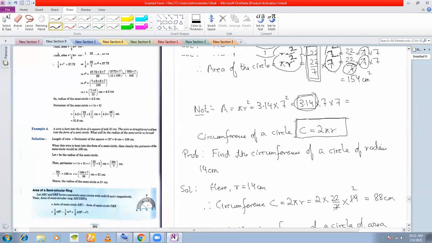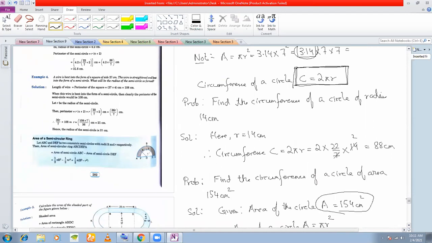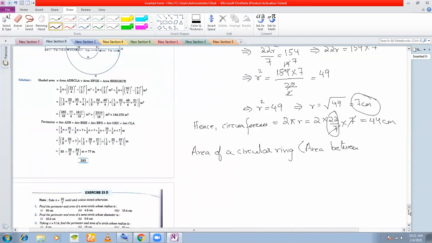However, when we are calculating the circumference, which is the perimeter or the length of the boundary of a circle, the formula is 2 pi r. So when we are calculating the circumference of a circle with radius 14, we are not squaring here because there is no square in the formula, right. Now you understood the difference. Area of a circle is pi r square. Circumference of a circle is 2 pi r. So that is what you must remember.